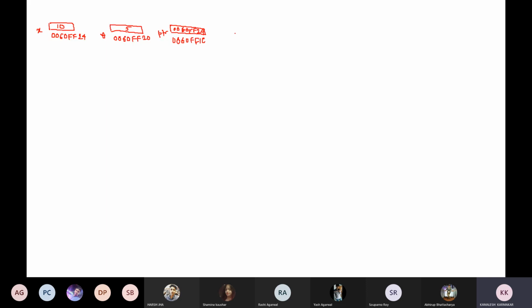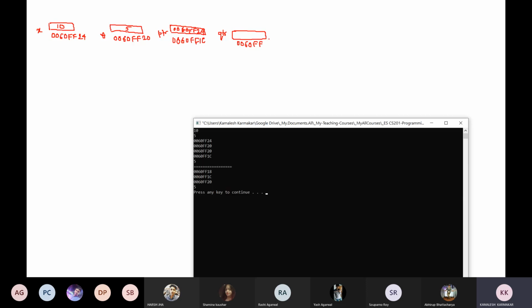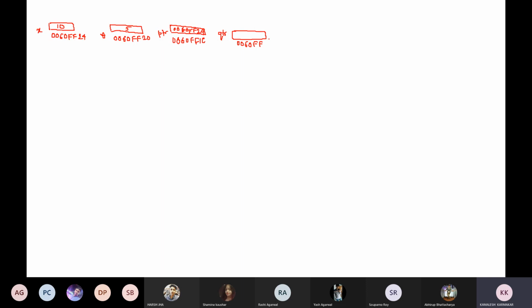So qtr is a different variable, and the address of qtr is 0060ff18, probably ff18. This is the address of qtr.